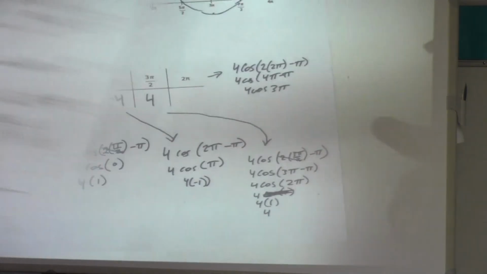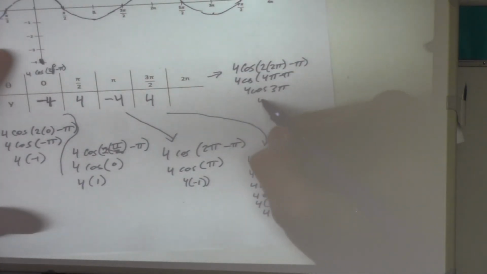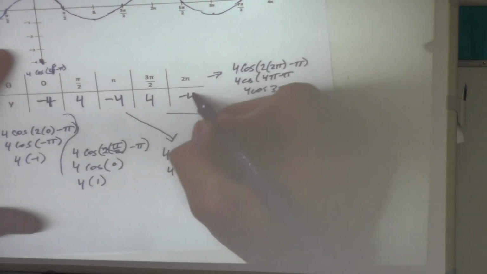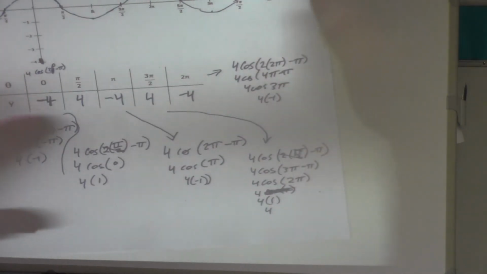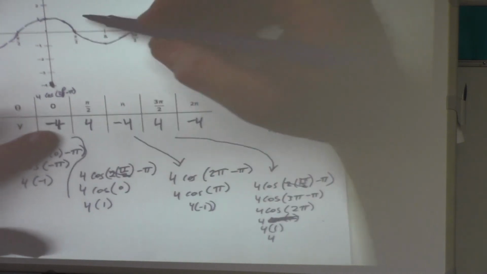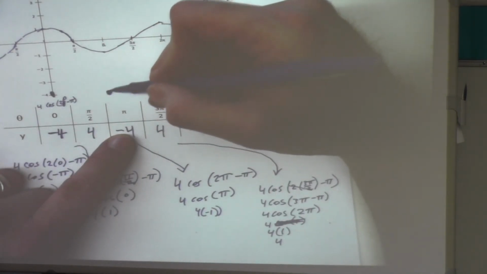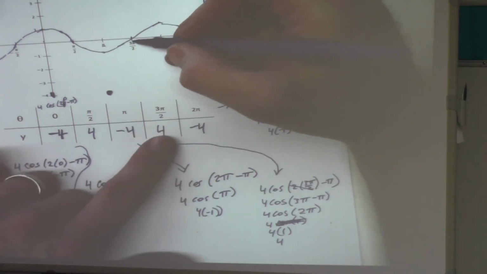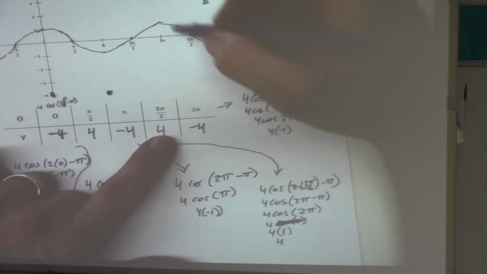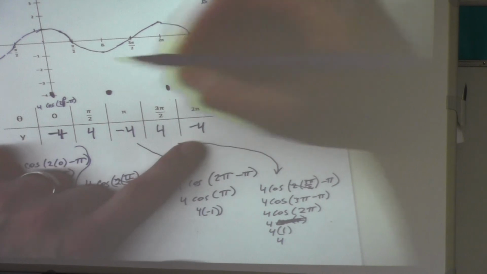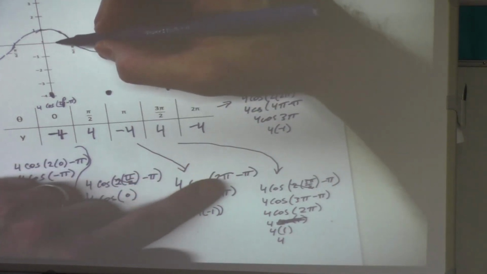And the cosine is negative 1. So that's 4 times negative 1, which is negative 4. So what we have here, the negative 4 at pi down to negative 4. At 3 pi over 2, we're up to 4. And at 2 pi, we're down to negative 4. And the in-between ones,